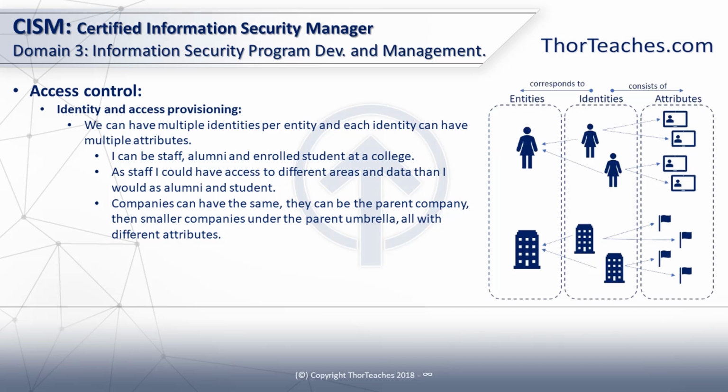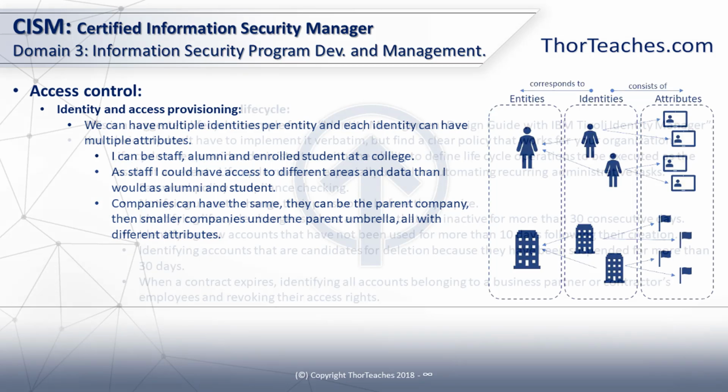With that one identity, I would have access or attributes to certain items. As a current student, that would be another identity. And with that identity, I would have access to other stuff. And then finally, if I'm a teacher as well, it's another identity. I'm still Thor, but that identity would have access to other attributes. I hope that makes sense. And it's really the same for companies. It could be a parent company, like Alphabet, that then under its umbrella have other companies that then have different attributes. So logically think it through a few times in your head, and remember, identities correspond to an entity, and identities consist